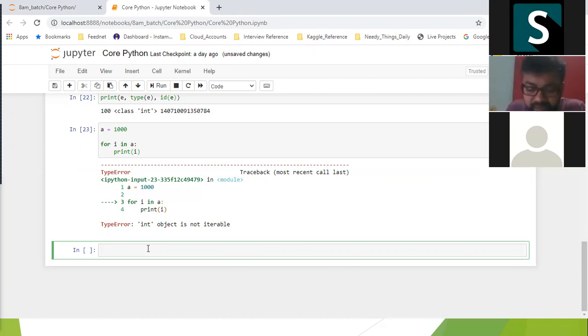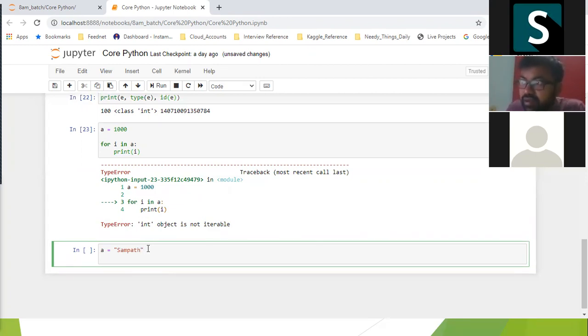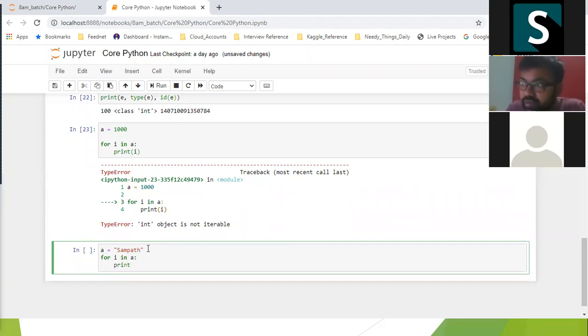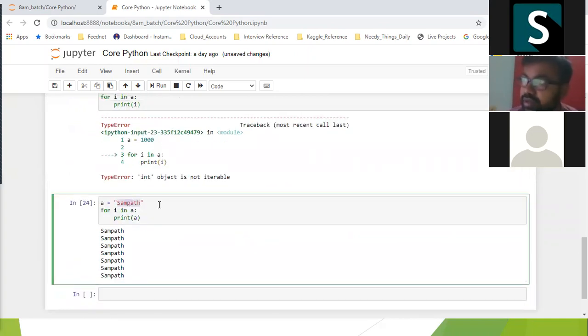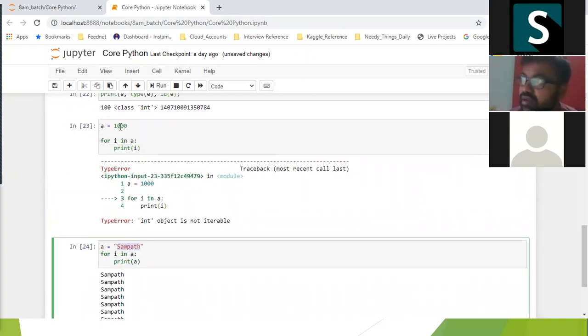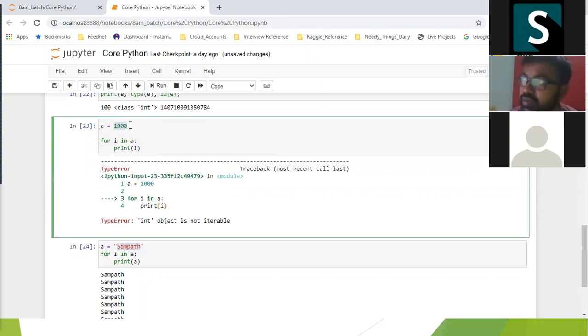And if I say a equal to Sampath, and for i in a: print a, this is also an immutable object, but it supports iteration. The integer object doesn't support iteration.